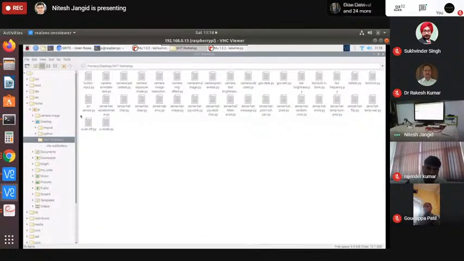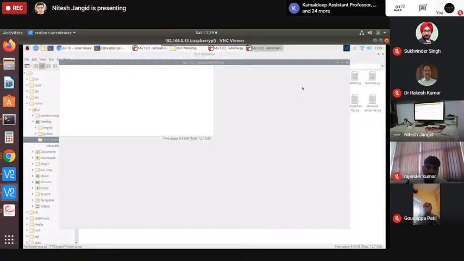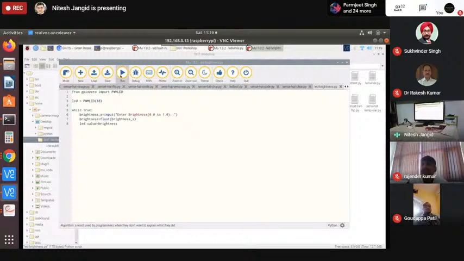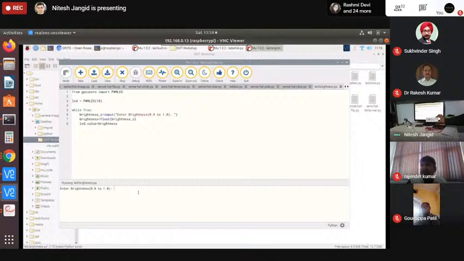Now another is LED brightness control. Okay. So here I'm just going to run this program, and it will ask me to enter the brightness. Here you can see I just enter 0.5. So my LED will be half on in terms of brightness. If I enter 0.0, LED is off. Okay. And if I provide 1 as input, you will see it will be on